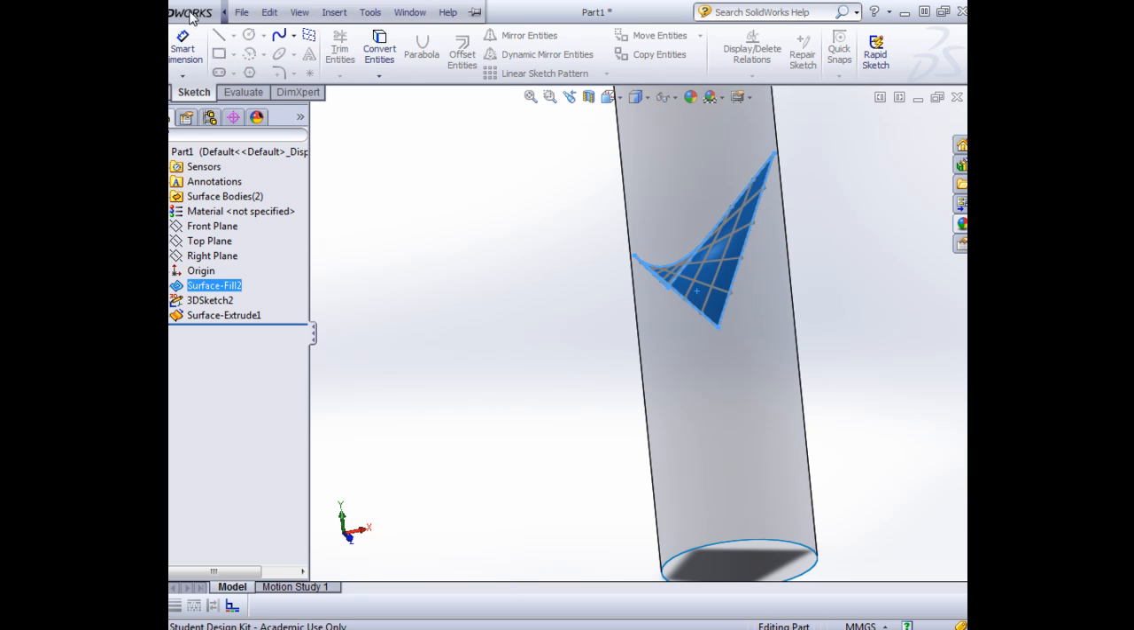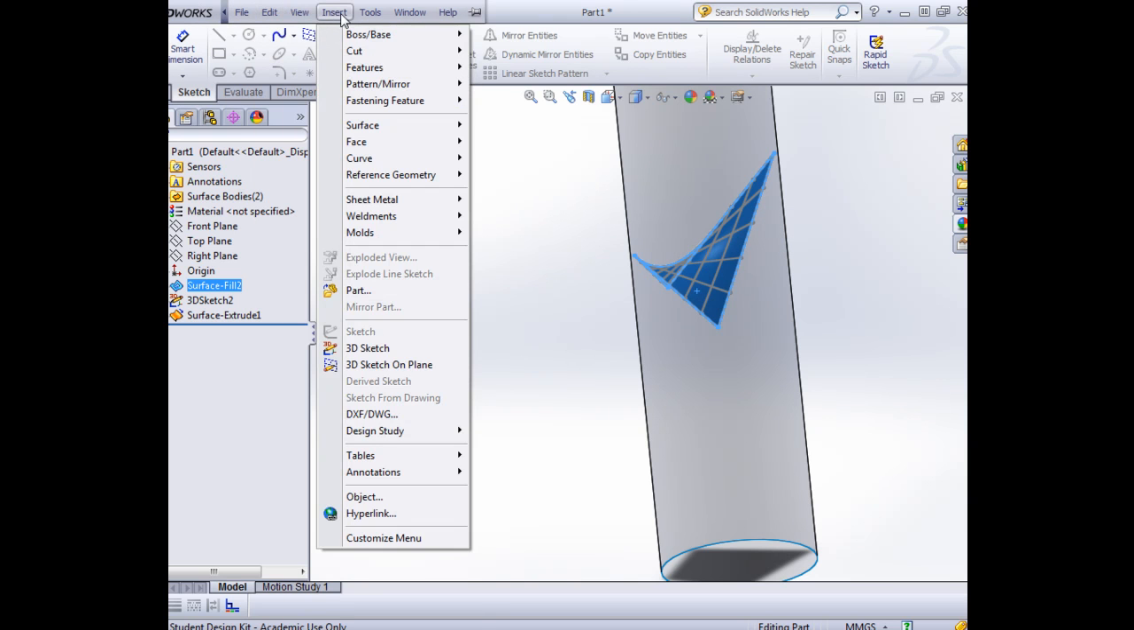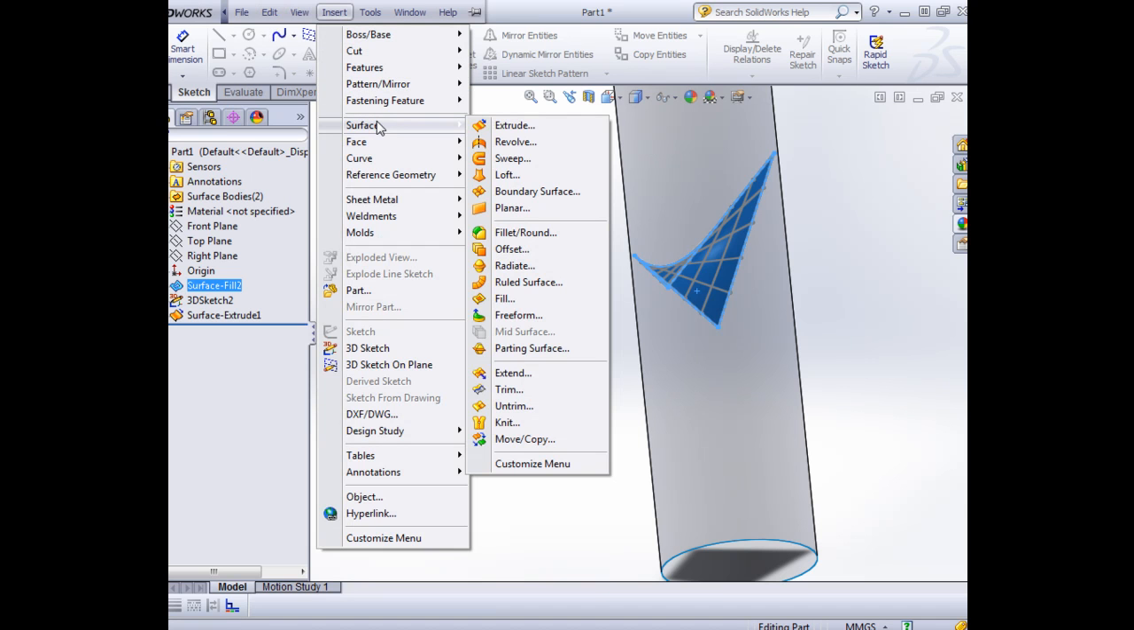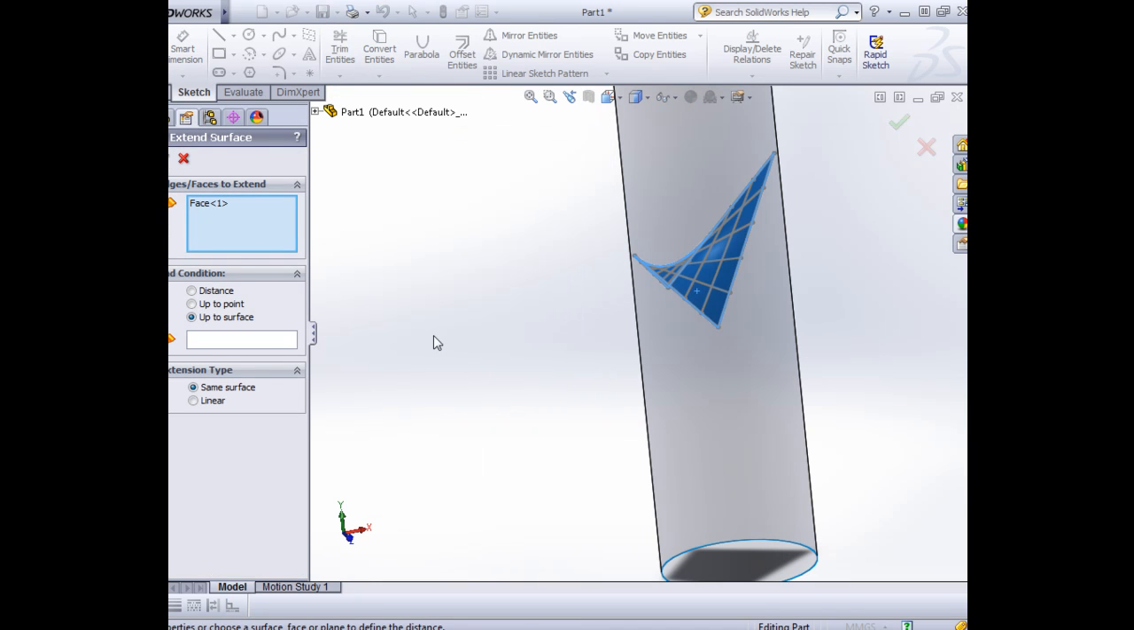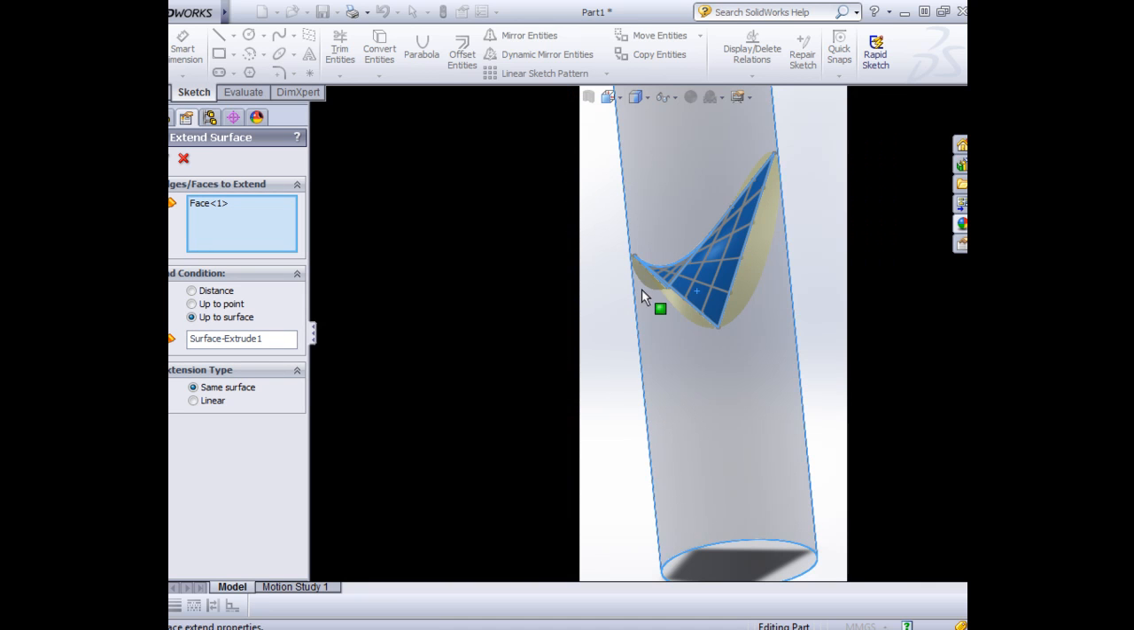I'm going to go up again into my insert surface menu, and you have the option here to extend. So literally that's exactly what we were doing. We were taking the lines, we were extending them on. This is exactly what we're doing here. So extend. We've already selected the surface face we want to extend. Up onto a surface is our option here, so I can select that, and you can see there it is extended on like so. Click OK,